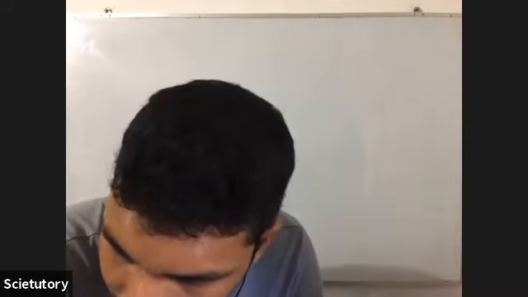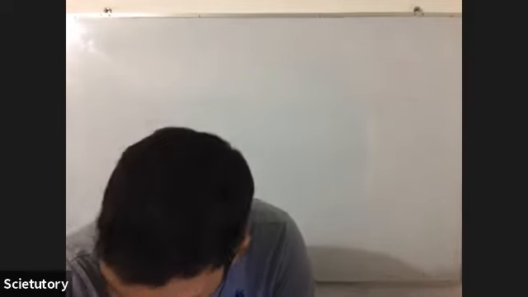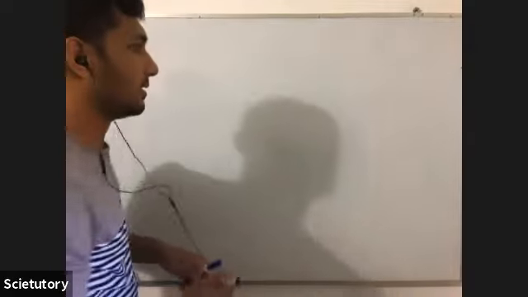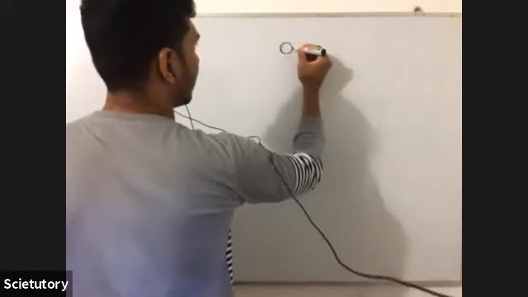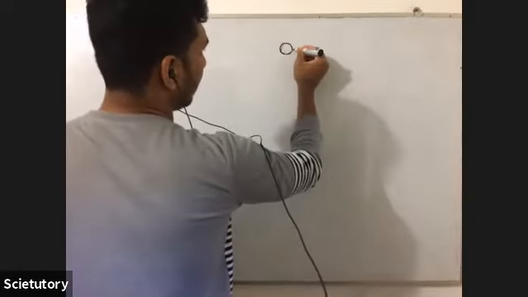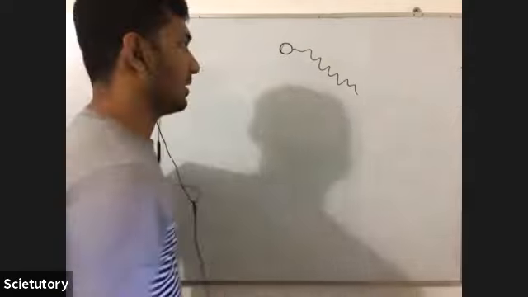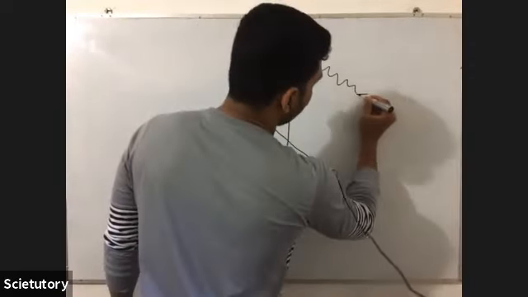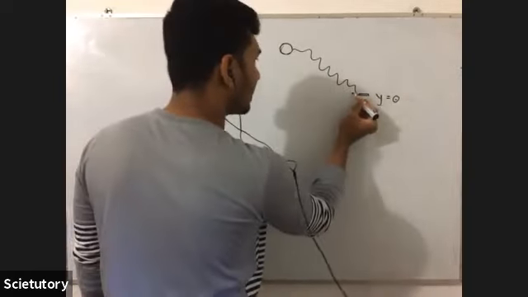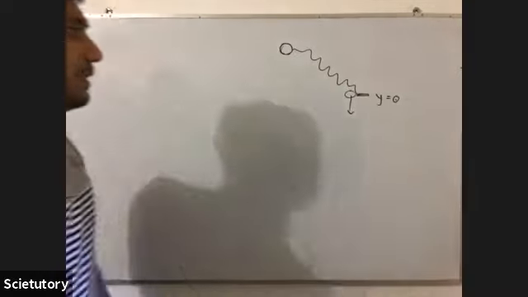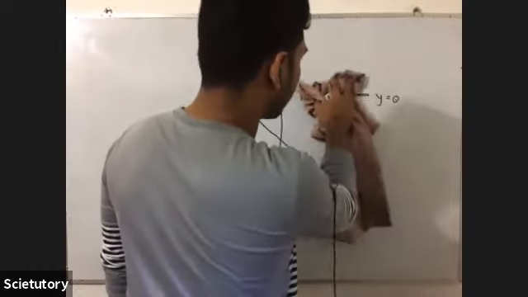The particle is then projected vertically downwards from the position y is equal to 0 with a velocity of v naught. So they are throwing it. Okay, so they make a system like this. There is an object, and there is a string, an elastic string. This part of the string is attached to a point which is at the level of y is equal to 0. And they keep this here and they are throwing it like this with a velocity of v naught. Okay, so now let's read.